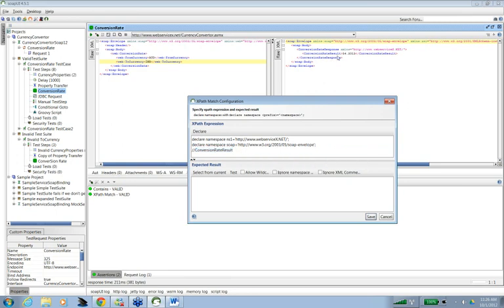Let me try conversion rate result again. It should give conversion rate response.